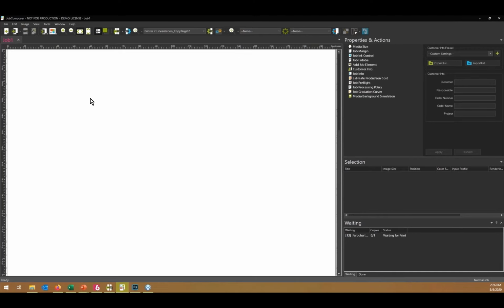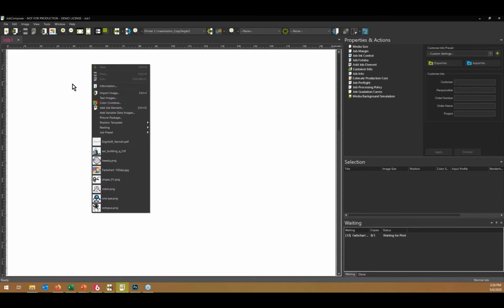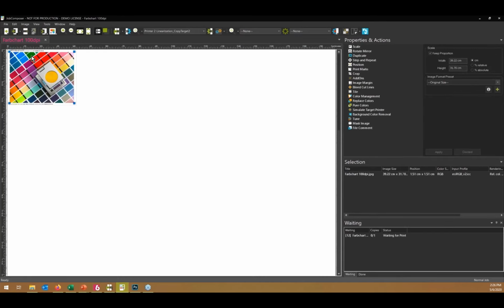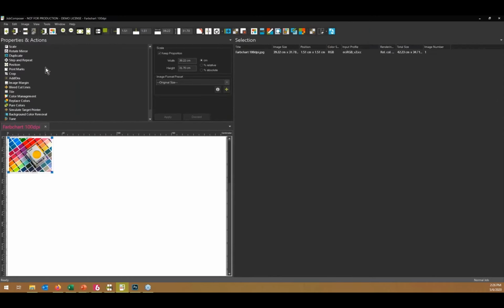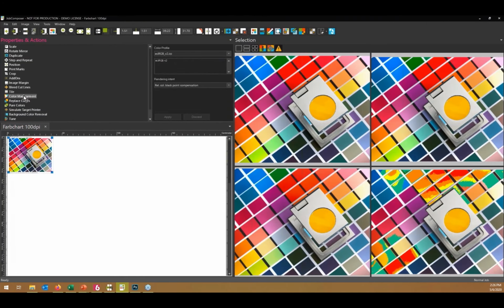And since you are talking about colors, let me show you another highlight. I will just import an image for testing purposes. I will just click 2 times on the image. You go to the edit view. I will choose color management, for example, and here I have my 4 panels